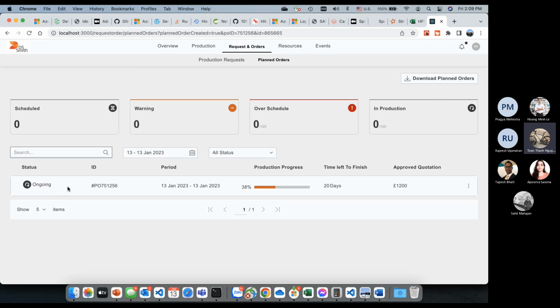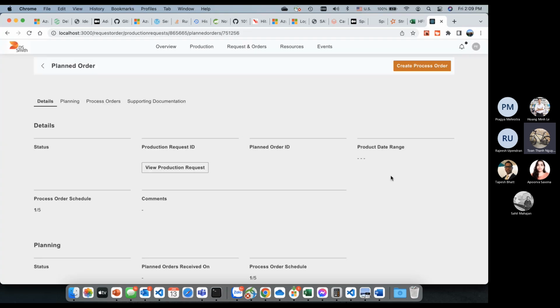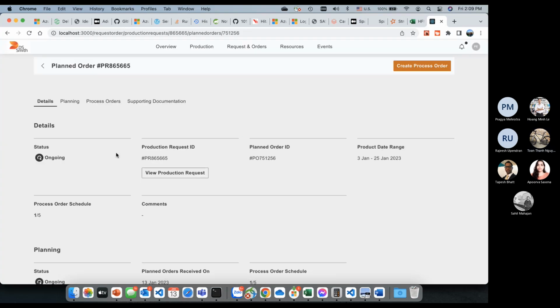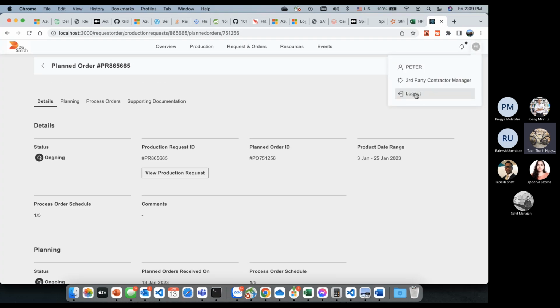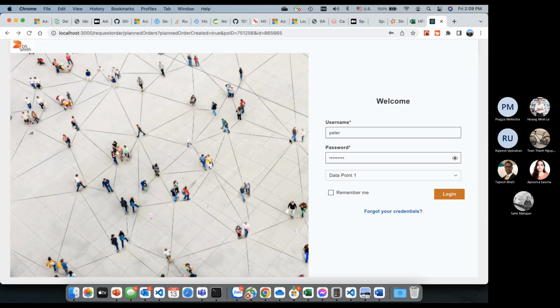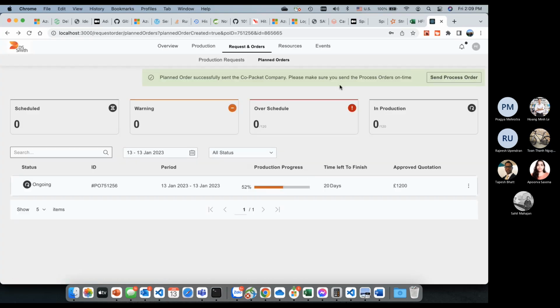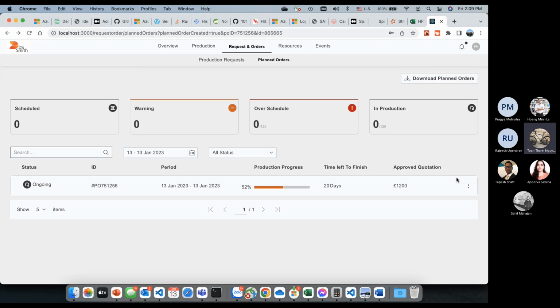The planning order will also show up in the planning order dashboard. You can click on this button to view it again. So after Beta creates the planning order, he can